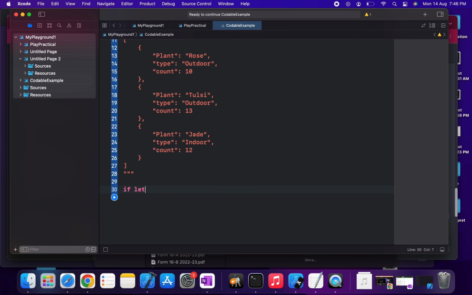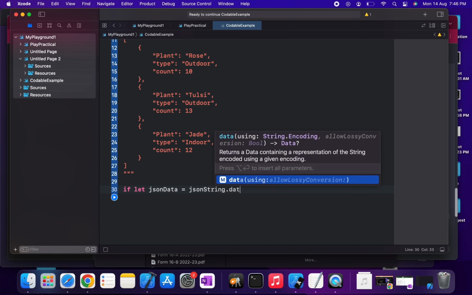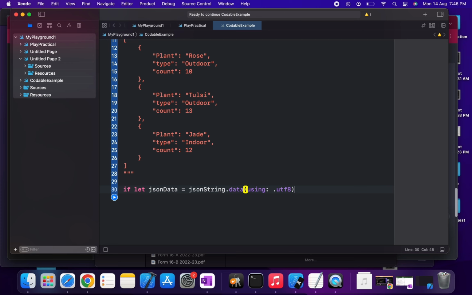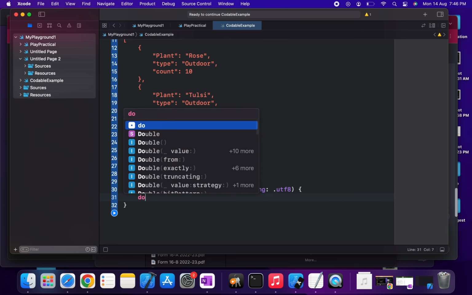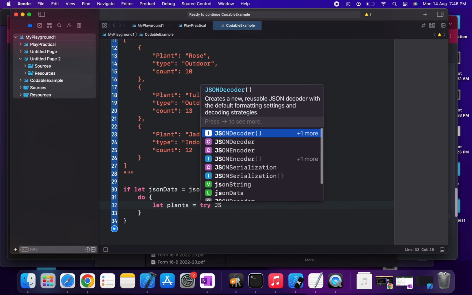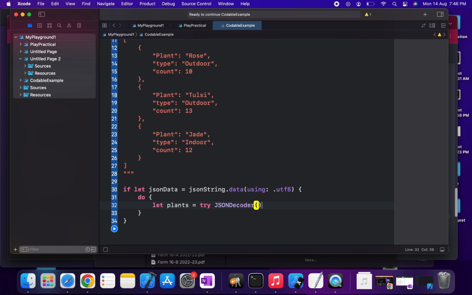And now we will decode our JSON string using the JSONDecoder. So now we'll be using jsonString.data using .utf8. So .utf8 is a character encoding system. It is the default for JSON. Now inside the do block, we'll be declaring the variable. Now we will be using try JSONDecoder().decode,